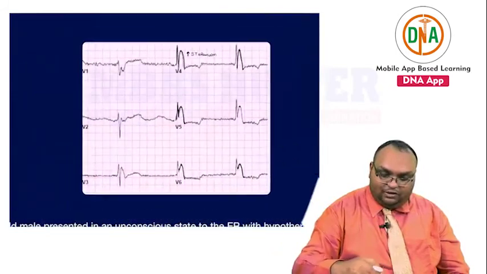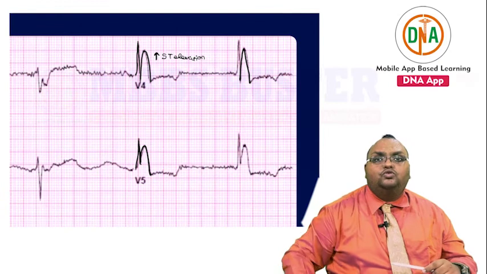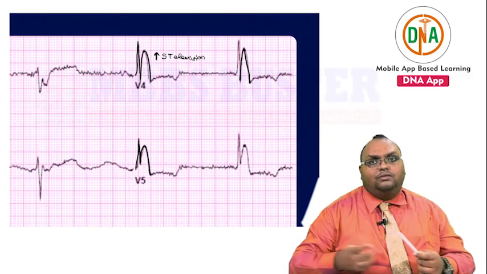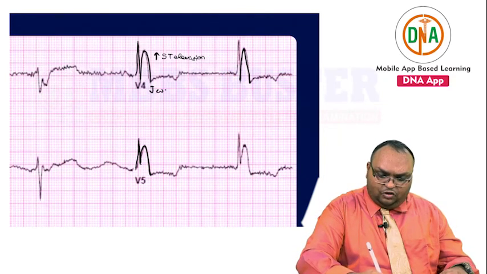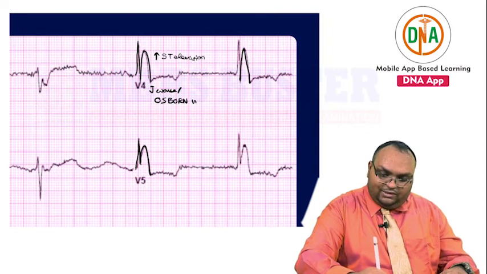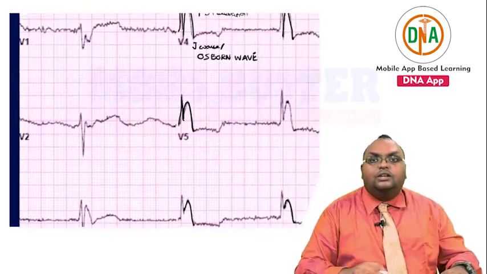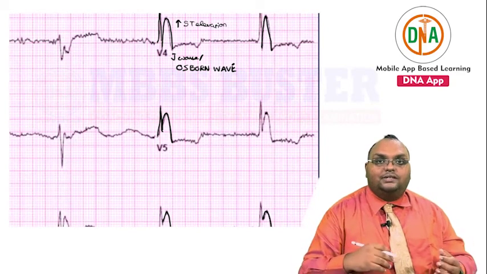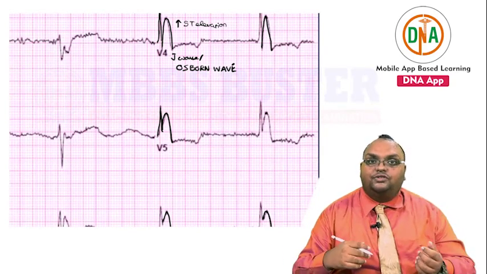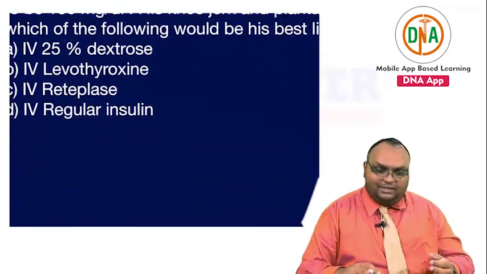This tall wave seen in cases of hypothermia, usually associated in patients of myxedema coma or hypothyroid states, is known as a J wave or Osborne wave. And this is particularly associated with your hypothermic states where the body temperature is below 36, sometimes even below 32 degrees Celsius, right? So the most favorable diagnosis which we would have over here is definitely